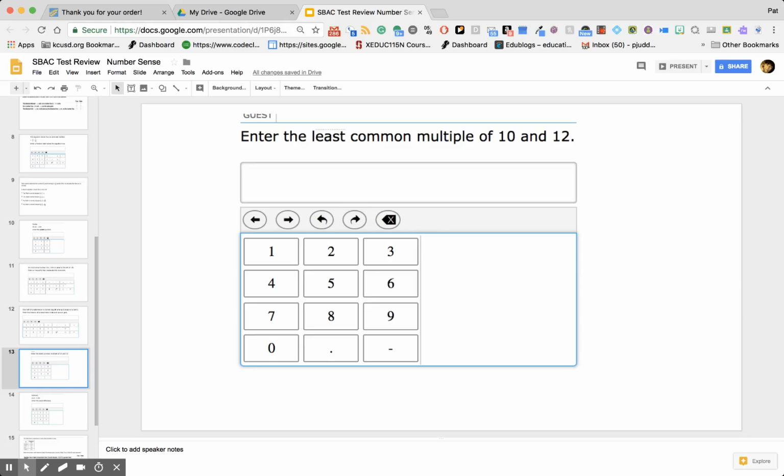Now, enter the least common multiple of 10 and 12. We did this work earlier in the year. You can do prime factorization to find the least common multiple. Okay, so now